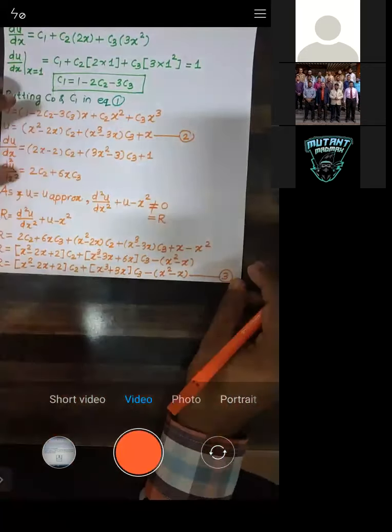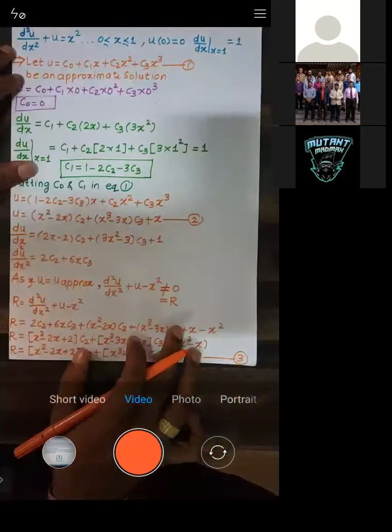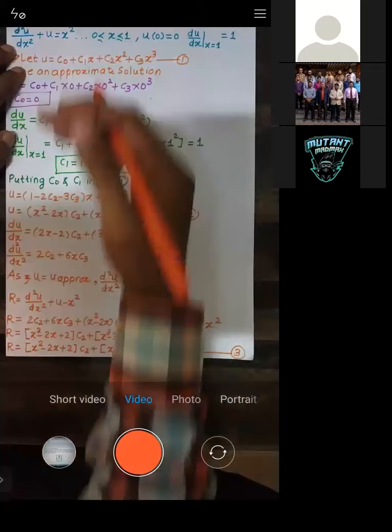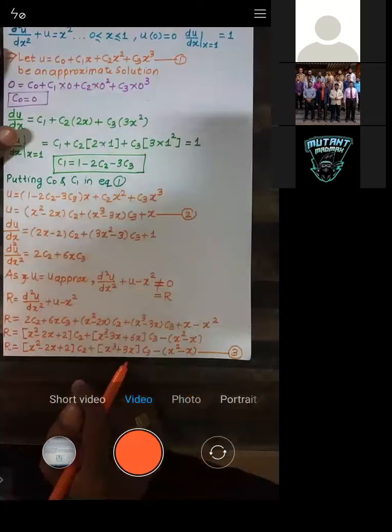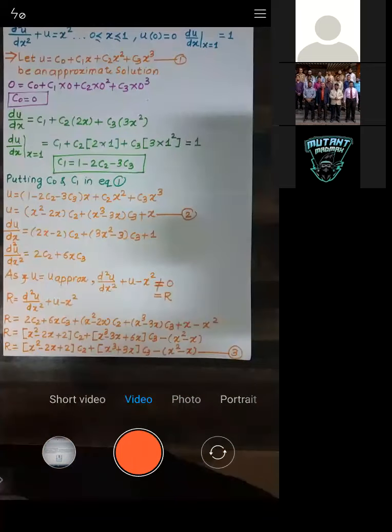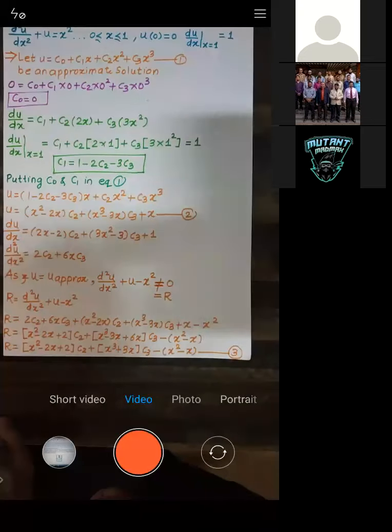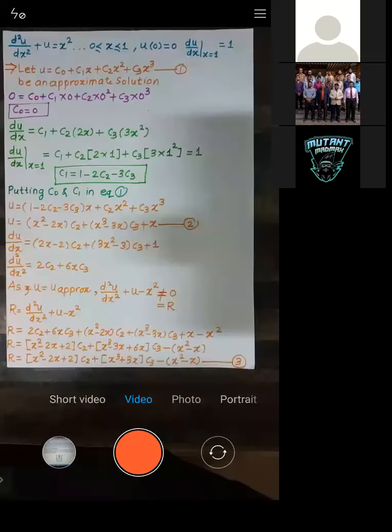Till this part, whatever method you follow, you are supposed to do this part. Whatever calculation we have done till here is common irrespective of any method you follow. This calculation is to be done. Now I am solving the same problem by multiple, different methods, so I am not repeating this calculation every time. Is it okay till this one? Let me know.